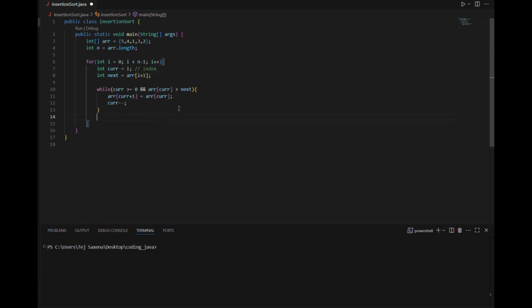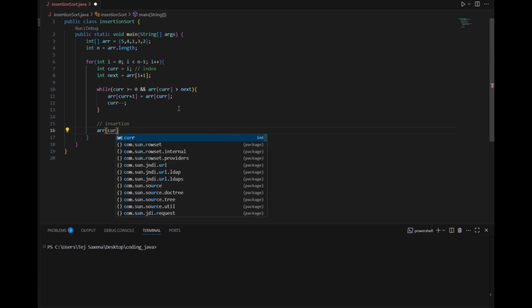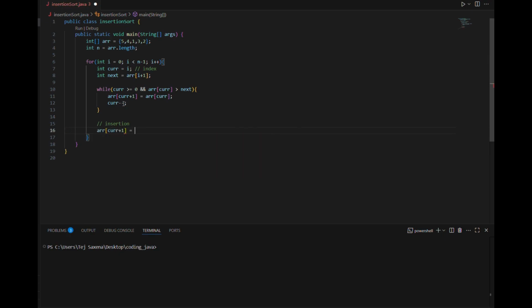So now the most important part of the algorithm, that is the insertion part, would come here like this, array cur plus 1. Because at this point, as we have decremented the value, after the first iteration it is now minus 1. So here minus 1 plus 1 would be 0, so array element 0 we are setting as 4 here. So now we can just print the array, i equals 0, i less than 10, i plus plus,